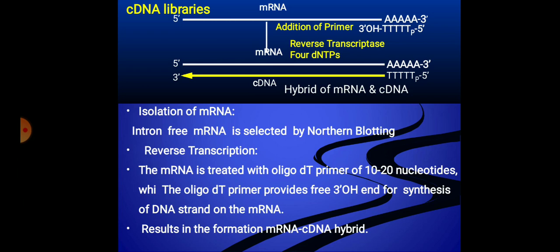transcriptase. Reverse transcriptase enzymes catalyze the synthesis of DNA strands by the addition of complementary deoxynucleotides like deoxyadenosine triphosphate, deoxyguanosine triphosphate, deoxycytidine triphosphate, and thymidine triphosphate molecules. Complementary nucleotides are added and a new single-stranded cDNA is synthesized on the mRNA template. This is the hybrid of mRNA and cDNA. Next step is